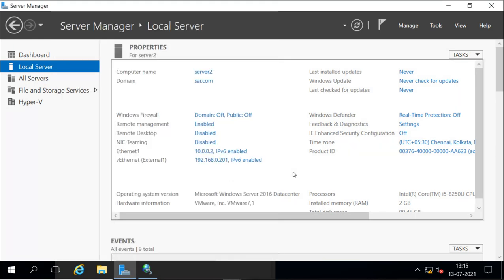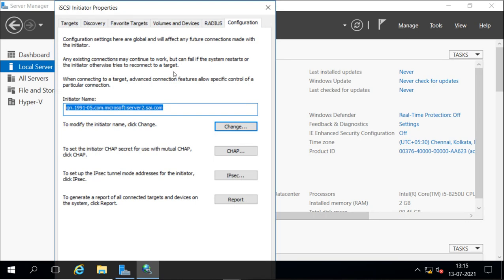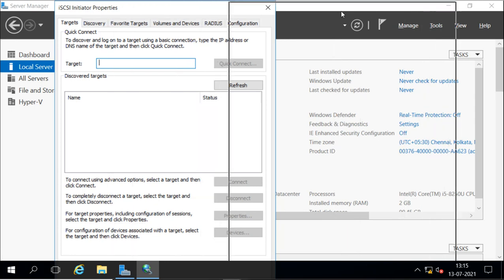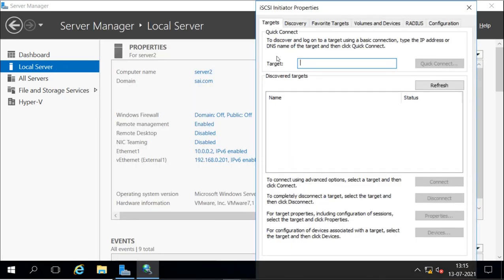First on server 2, I will open the iSCSI initiator and give the IP address to connect to the target server. Remember, when you give the IP address to connect the iSCSI share, we have to make sure that we use the IP address of the network which we have decided for the storage.